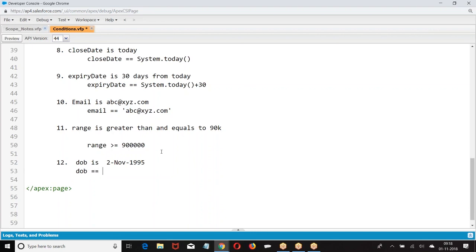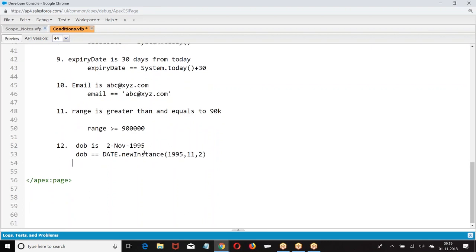DOB double equal to Date dot newInstance of 1995. For a particular date you want to compare, we have to give it like this. I hope you are good with this.